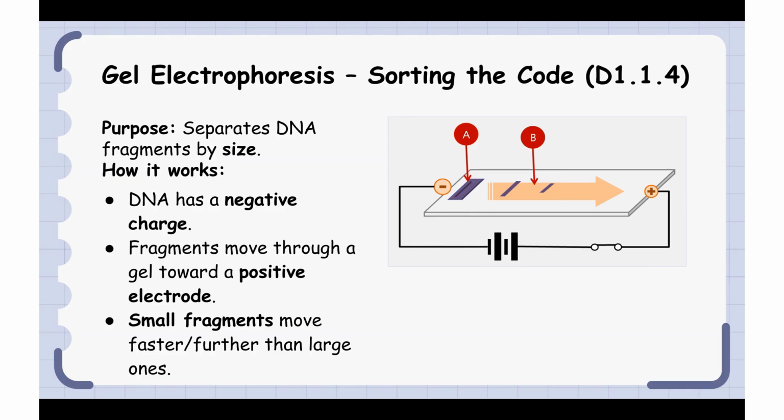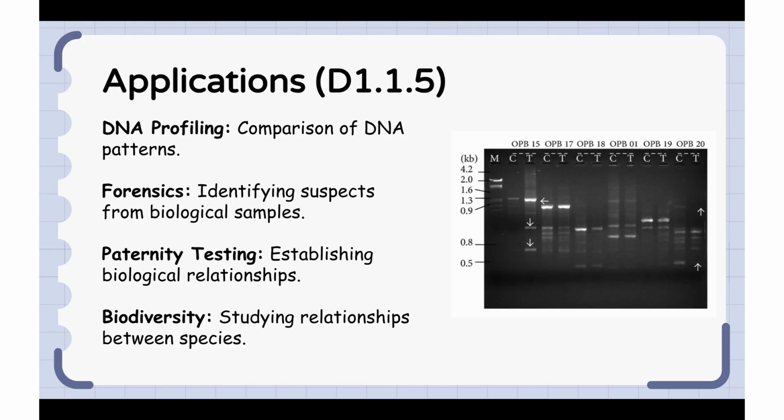Once we have our DNA, we need to see it, right? Here comes gel electrophoresis. It's like a race through a thick forest. DNA is negatively charged, so we use an electric current to pull it toward a positive pole. The gel acts as the forest. The smallest DNA fragments can weave through the obstacles quickly and move further, while the big, bulky fragments get stuck near the start.